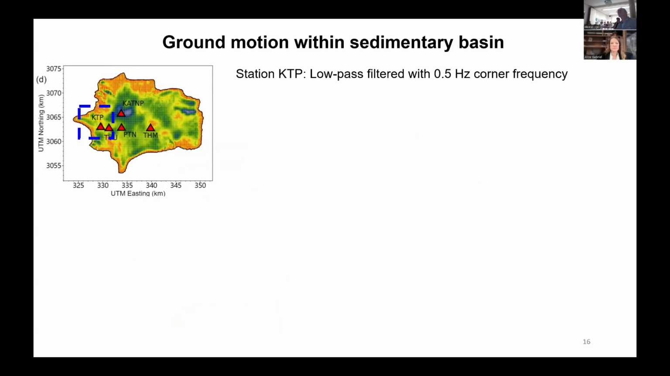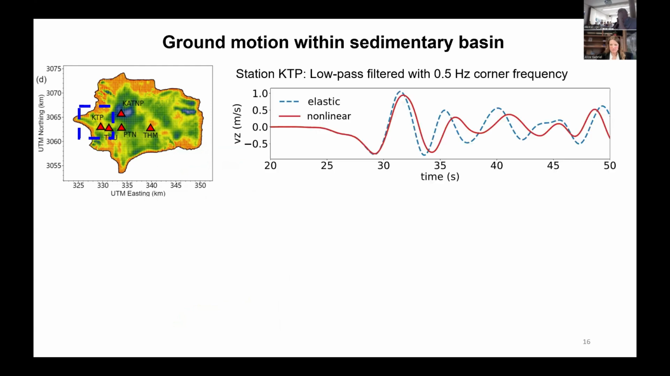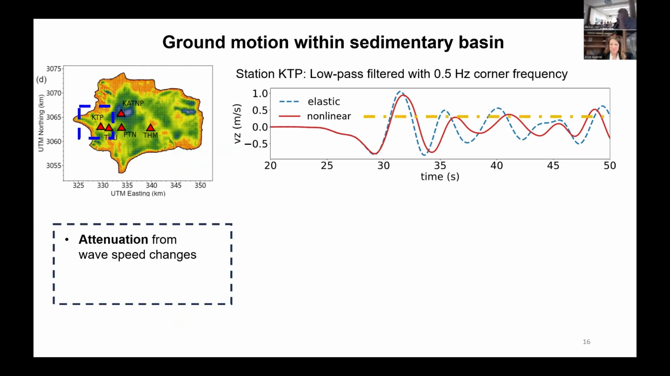Here I show one of the velocity time series at one of the stations inside the basin. We low-pass filter the signals at 0.5 hertz, which is the resolution of our model. And here I show a comparison between the elastic model and the nonlinear model. The nonlinear one is in red, and we can see a prominent attenuation that is correlated with these wave speed